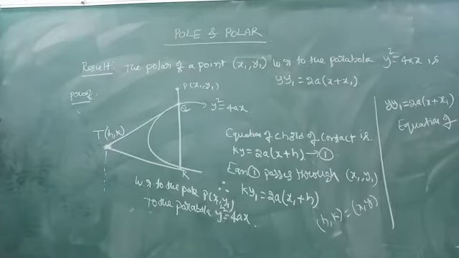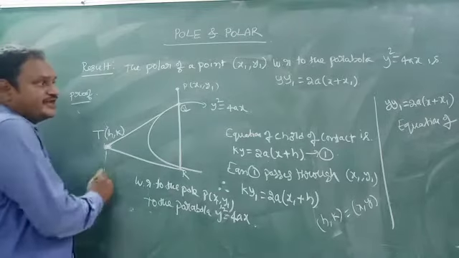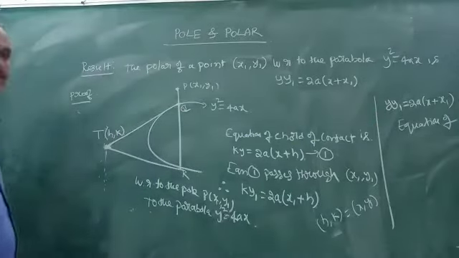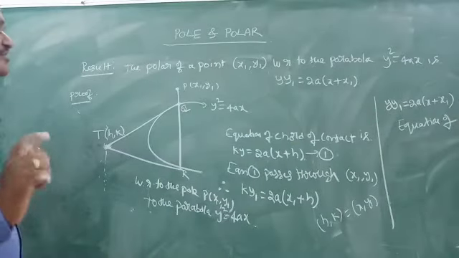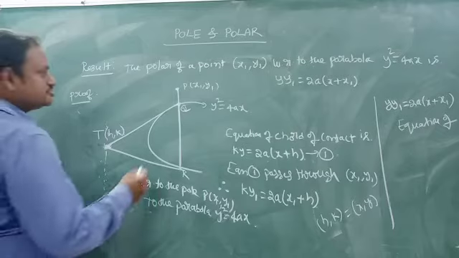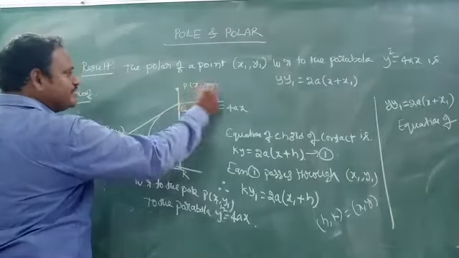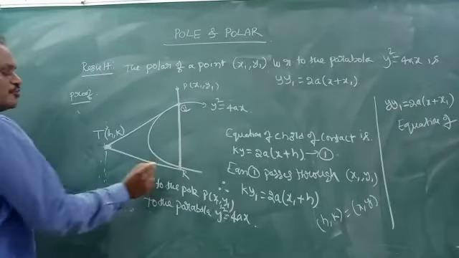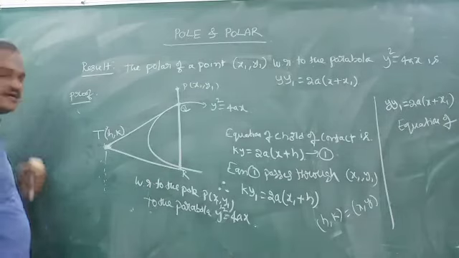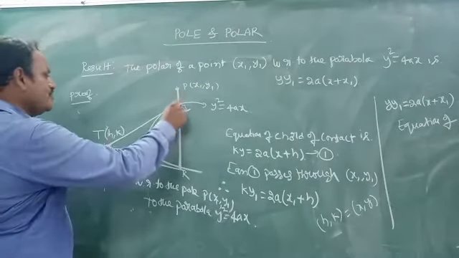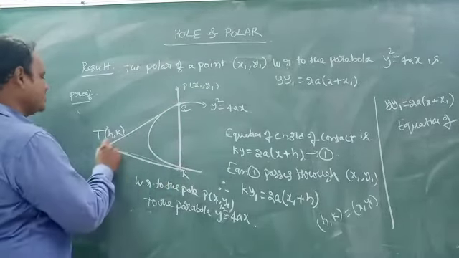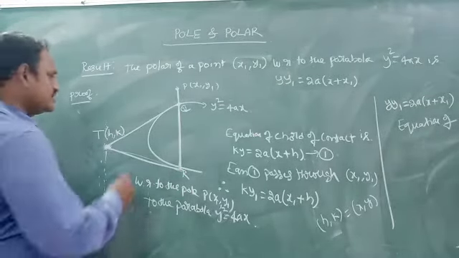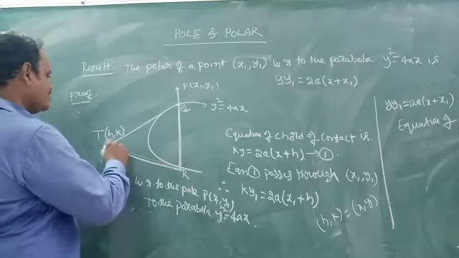Therefore, the locus of these points, if you take it, we have got nicely the equation as y1 equal to 2a into x plus x1. Let us recap once in a minute. We have taken the parabola and a point P outside of it. We drew the secant, which meets the parabola at two points Q and R. Once we have got these, we have drawn the point of intersection of their tangents, and this locus we are going to find.